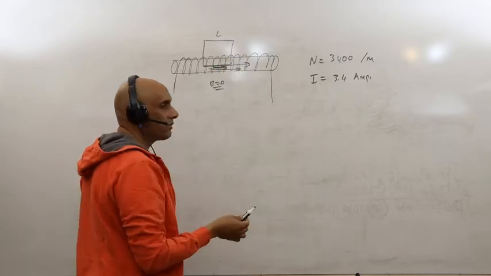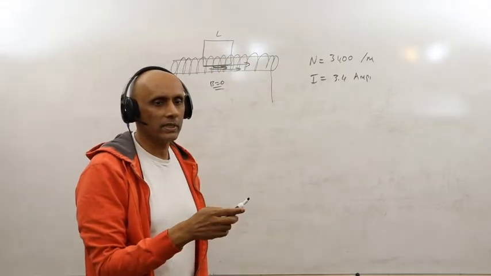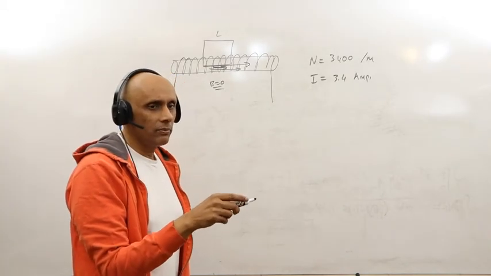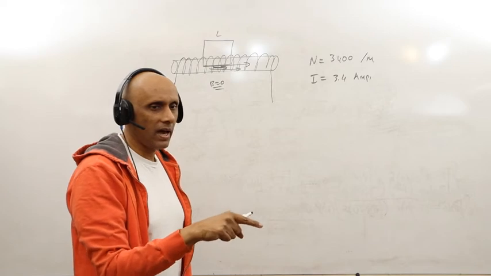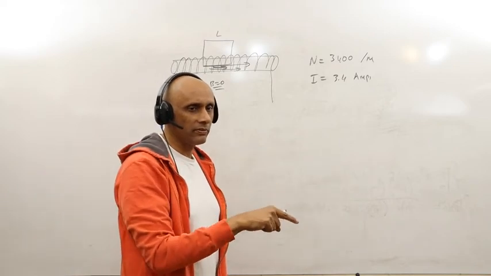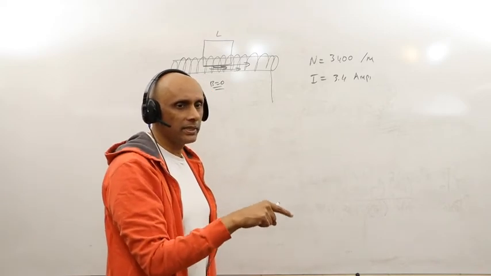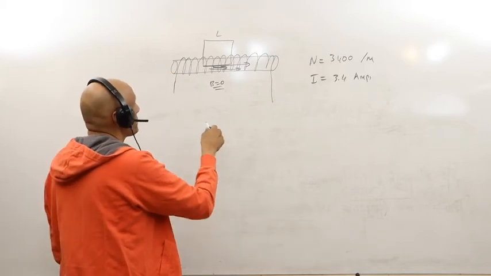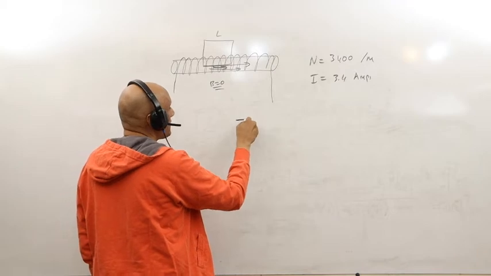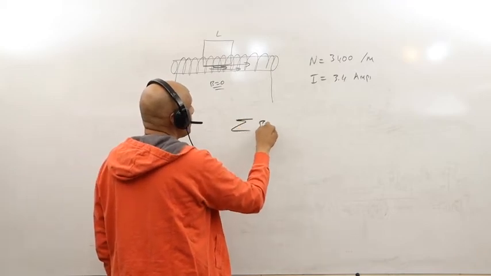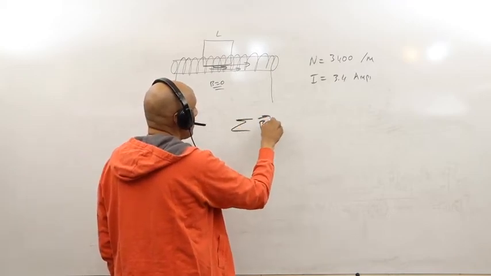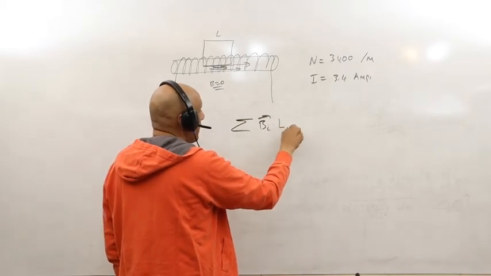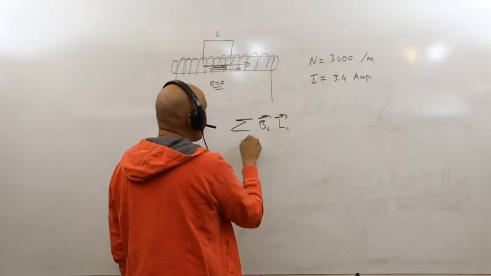And so we can't use the first version of Ampere's law, which is basically B times L is equal to mu O I. If B is uniform along some path, and I can multiply the perimeter of that length, I can multiply B times L to get mu O I. But we can't use that because the magnetic field is changing. So the second version of Ampere's law says that the sum of all of the line segments of magnetic field across some length, the sum of all these paths,